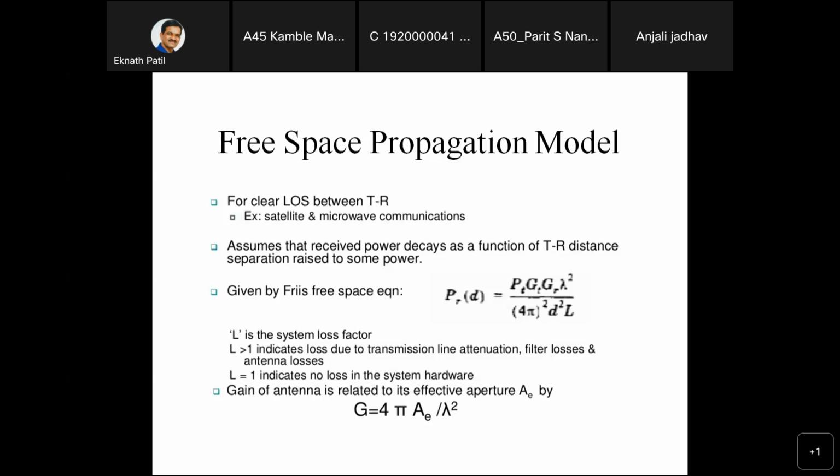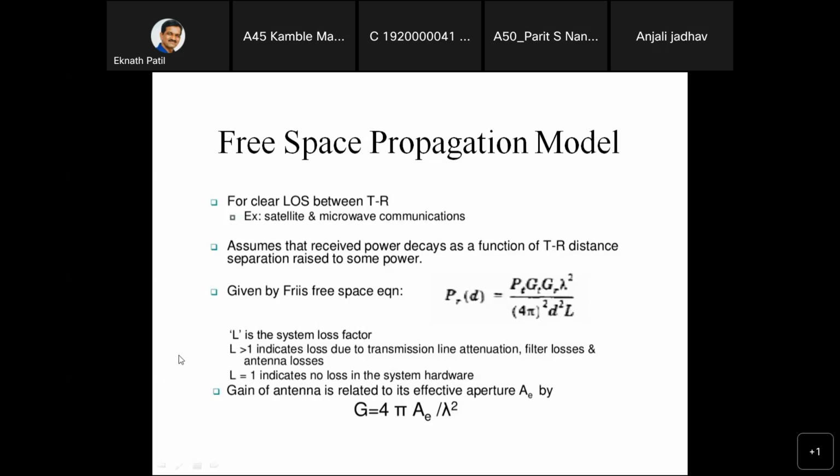We have converted that effective aperture into the gain of the antenna, that is the transmitting gain and the receiving gain, using the equation G is equal to 4 pi AE divided by lambda square. R is nothing but the distance between the transmitter and receiver. Here we are going to take D as the distance between the transmitter and receiver. L is the loss factor, which is one of the added things in this